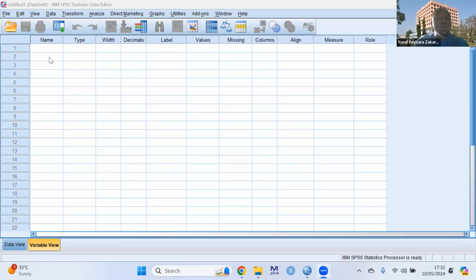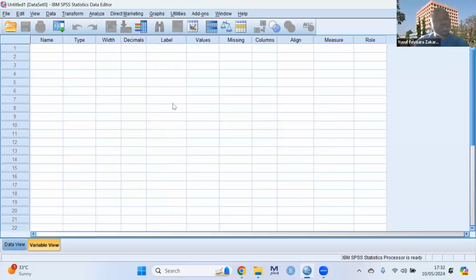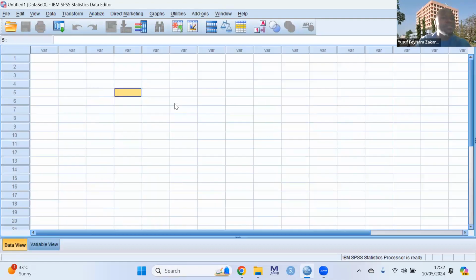So we have both the data view and the variable view, and they have common headings except for the last before the edit. Some items on top of both data and variable view. However, these items, we are going to get to them one after the other. For now, we should just leave them alone. Let's pretend as if we don't know what they mean. And as time goes on, we are